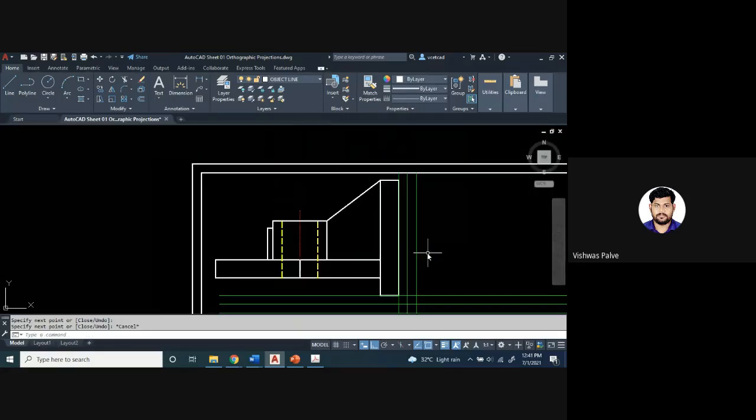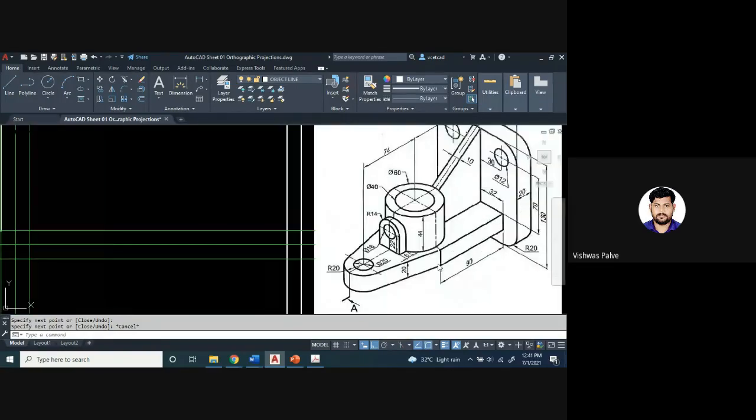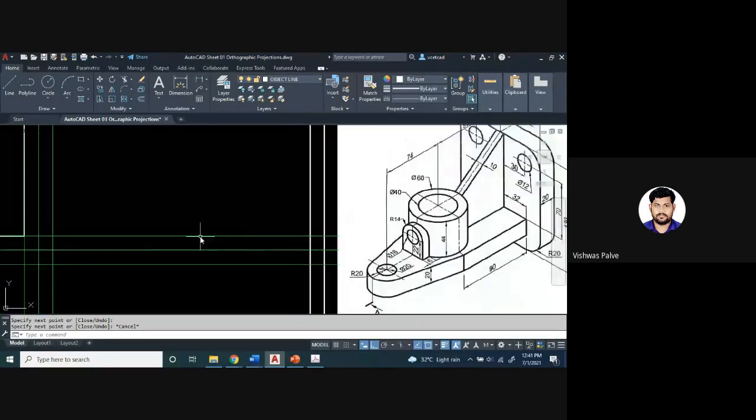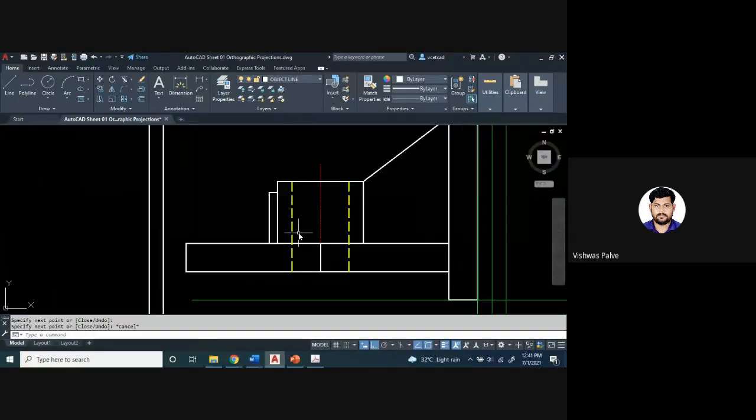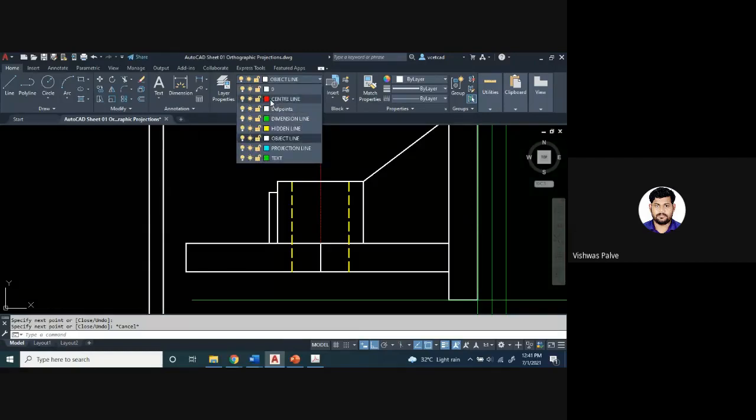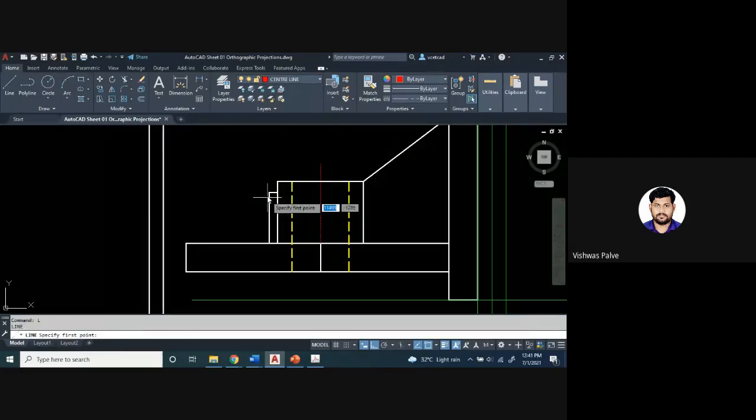Okay. This portion is a small circular part, but here there is a hole inside it, and at a distance of 14 millimeter you have to draw a center line first. So I will draw a center line at a distance of 14 millimeter. I have already taken that.